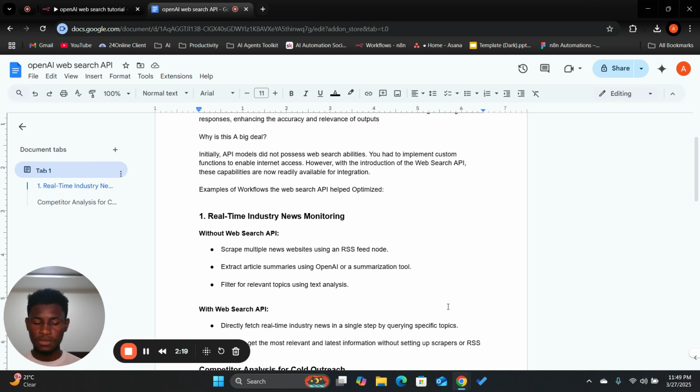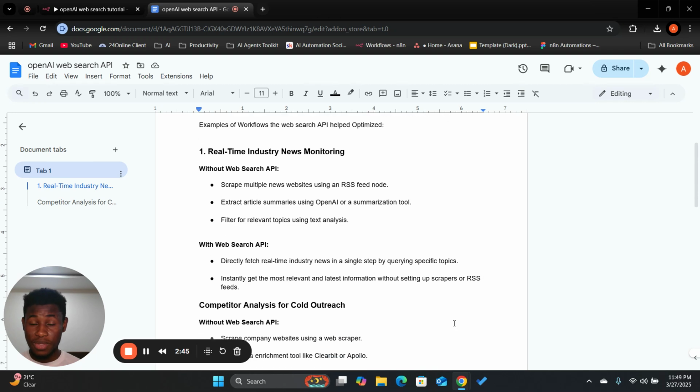The first example is real-time industry news monitoring. Without the web search API, if you want to create this type of workflow, you have to scrape multiple news websites using an RSS feed node, then extract the article summaries using an OpenAI or summarization tool, and then filter for relevant topics using text analysis. All these steps, right? But with this search API, we can directly fetch real-time industry news in a single step